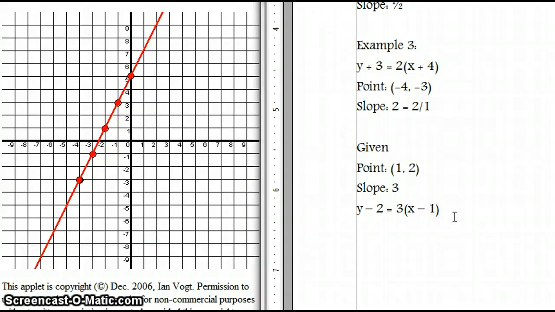And then I have already the equation of a line that goes through the point 1, 2 and has a slope of 3. So point slope form kind of allows you to go back and forth a little easier than slope intercept form does. Okay,